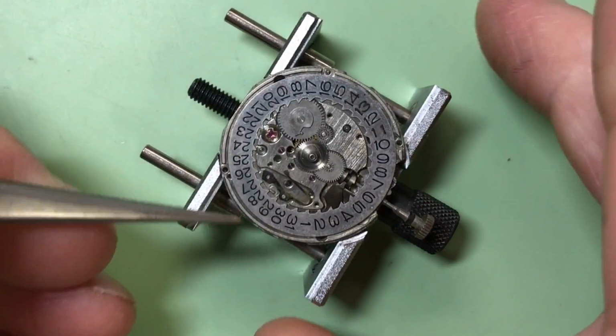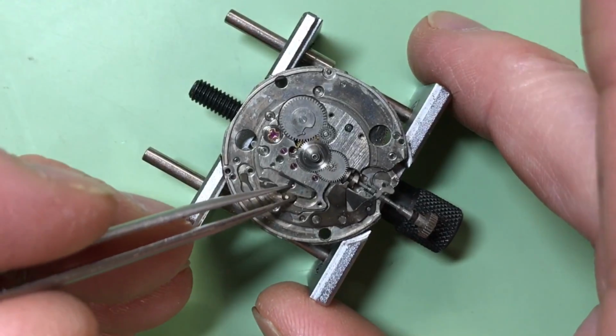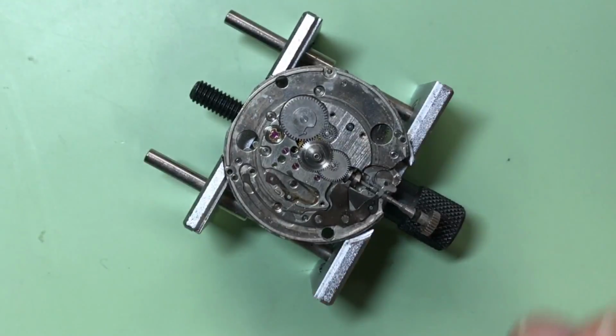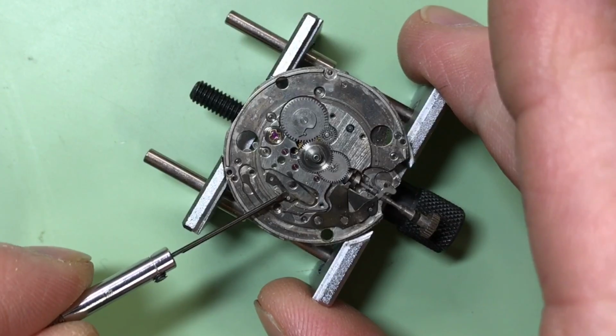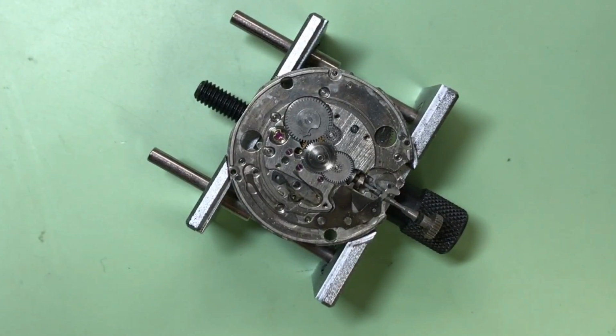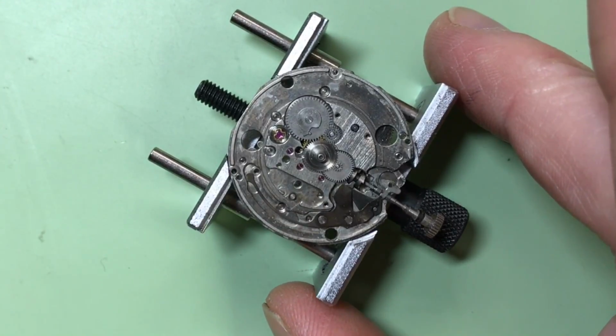Okay, slight change of plan, so we'll remove that first, and now we've got better access to it. It really doesn't want to come off, so I'm just looking for my small screwdriver. There. Okay,